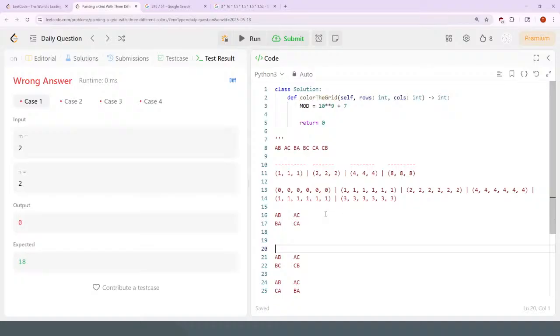Second row is AB. Then A needs to be in this spot. A is in this spot, then I'm dealing with